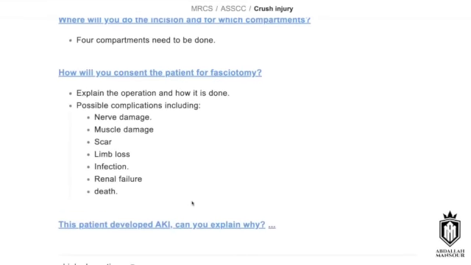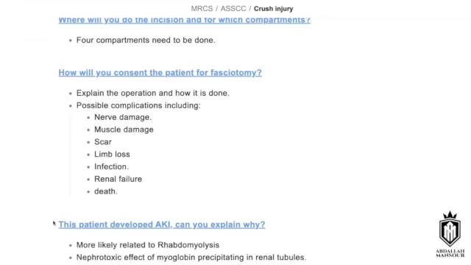Can you explain to me why this patient developed acute kidney injury? With compartment syndrome, there can be sequestration of fluid, which can cause a prerenal cause of acute kidney injury, in addition to toxic effects of myoglobin, which can precipitate within the tubules of the nephrons, causing direct toxic effects on the tubular cells and acute tubular necrosis. Both effects could lead to acute kidney injury. Yeah, so it's mainly like